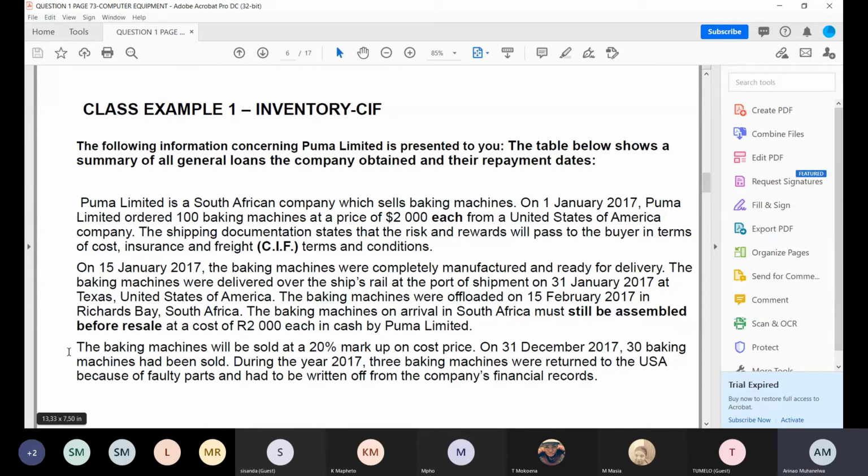So by just reading this paragraph on its own, we can process 3 journals. Let me read it again and then just recap and say which journals we are going to process. The baking machines will be sold at